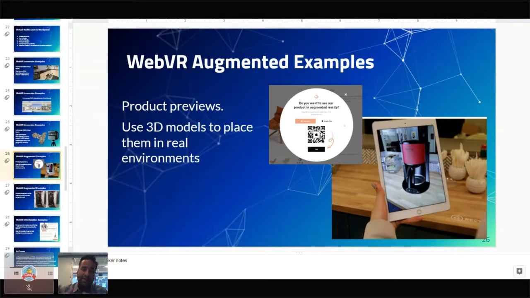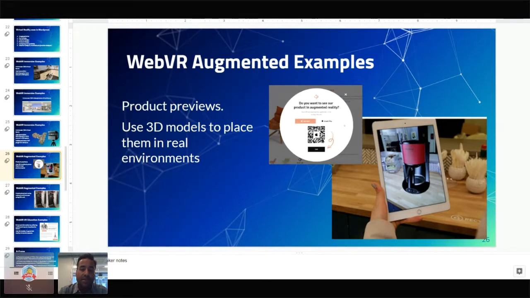Unlike virtual reality, where you are immersing yourself into a virtual environment, augmented reality is the opposite. Now you are taking artificial elements and putting them in a real environment. You're doing this through a screen, and it needs some sort of visual input: a camera, or some sort of headset like the HoloLens or the Magic Leap. So this is a popular application where you could literally just visualize how a product will look in your living room, on your kitchen counter.